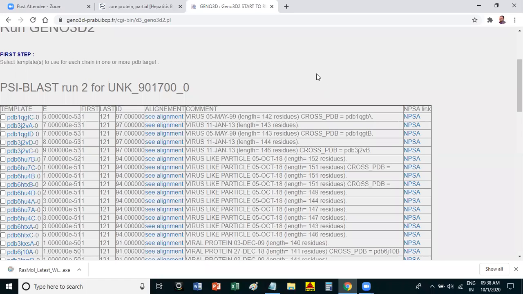What I was talking about, all these results are nothing but BLAST results. The first step written there is that you have to select some sequences. In the theory part I told you we will be selecting at least 3 sequences. Here you can select 3 or more than 3 sequences, there is no problem. We will just select 3 sequences which will be used for the target.